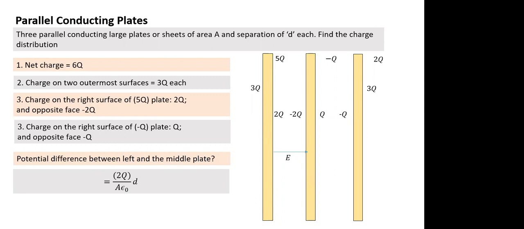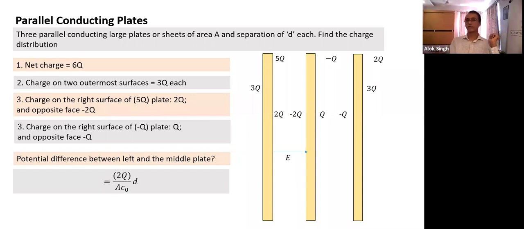Sir? Yes? In the potential difference formula, for charge by area, we put 2Q because only 2Q is creating the field. Not only 2Q is creating the field. I think you forgot. If I have to create a field right next to this plate, how would I create the field at this point? Suppose I want to create a field at this point. How would I calculate the field? Tell me, what is the method of calculation of field?